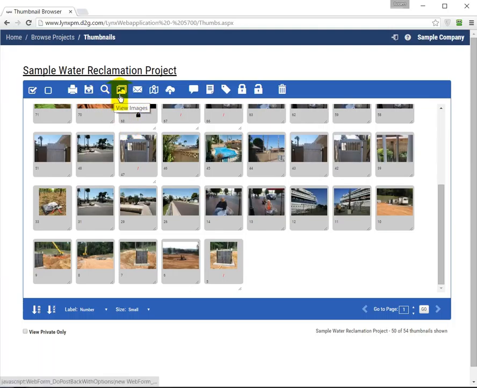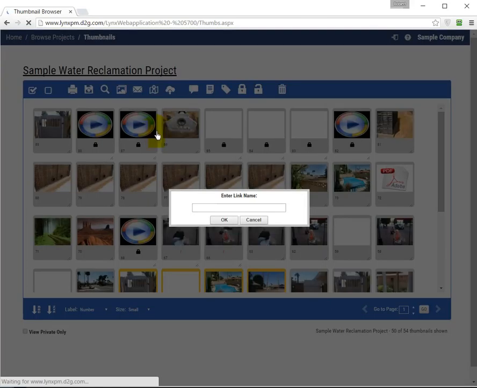Of course, we can view the images. In addition to that, it makes it very quick and easy to link images and share them. So if I want to share just these 4 images right here, I select them, click on Generate a Link, give it a name,